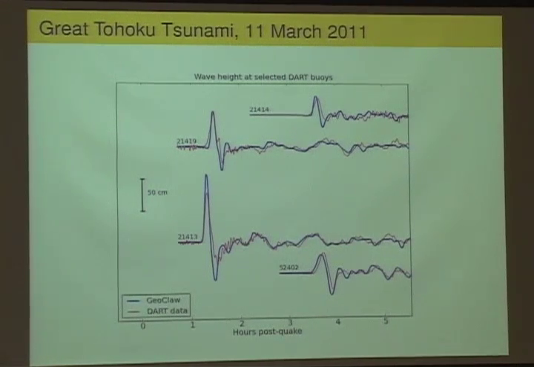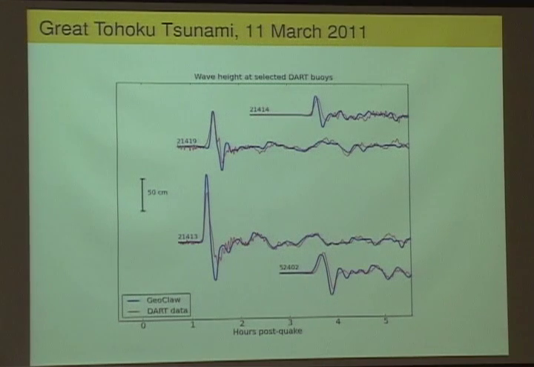So if you compare the actual recorded data at these 4 locations I showed, which are the red curves after detiding them, with what comes out of the GeoClaw model, for example, or I should mention there are numerous other tsunami models that are being used by other groups that have also been certified by the same benchmarking process. And many different models do a good job of matching this sort of data quite well.